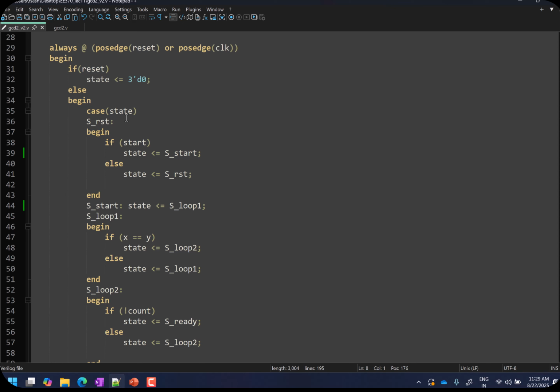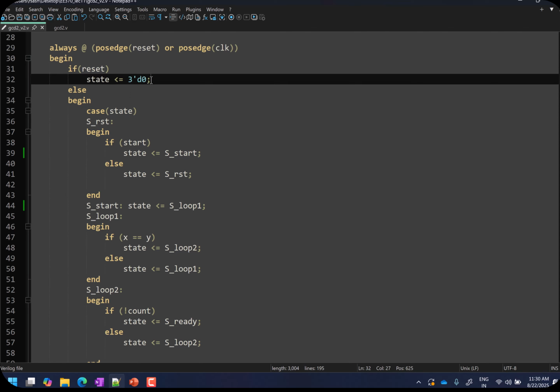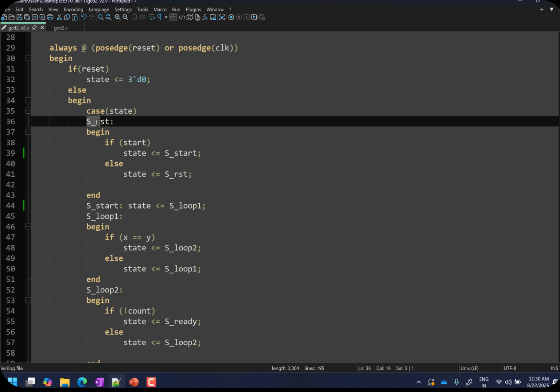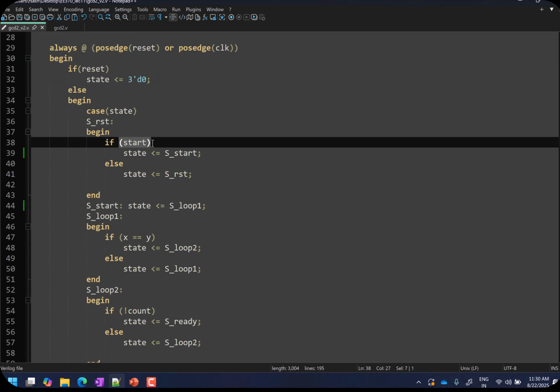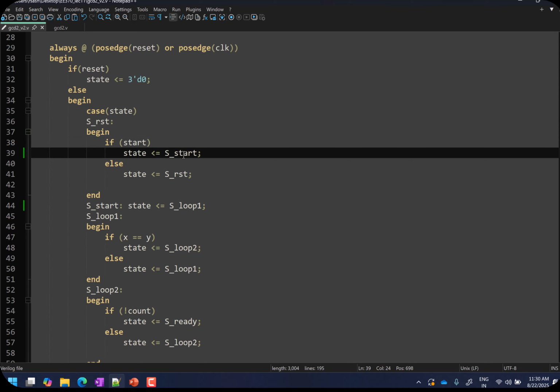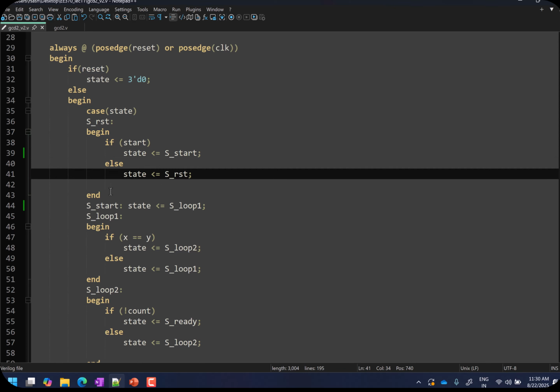Assigning values to the state variable tells the controller in what state the whole system is, so that you can generate the outputs accordingly, right? So when there is a positive edge in reset, you make the state variable 0, or you could have directly given the s_reset variable there. Now, if you are in s_reset and you get an edge in start and your start is 1, then the next state should become the start state, right? Else you remain in the reset state.